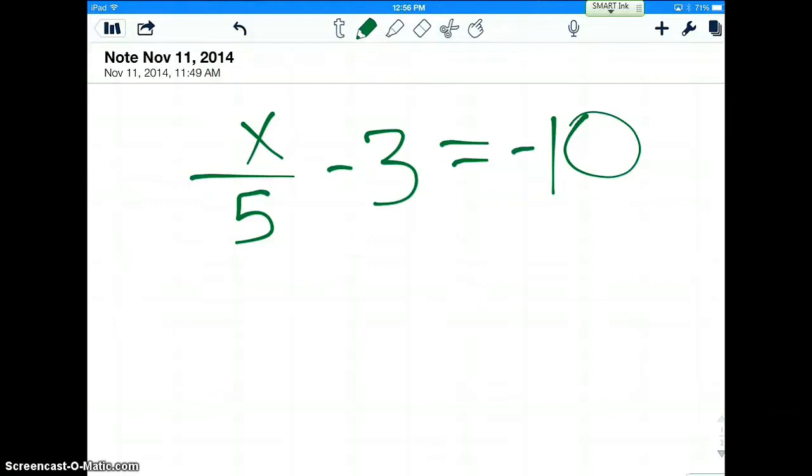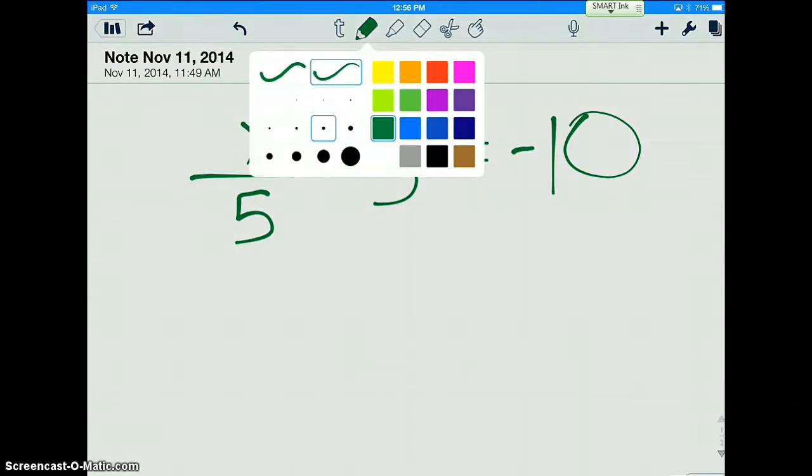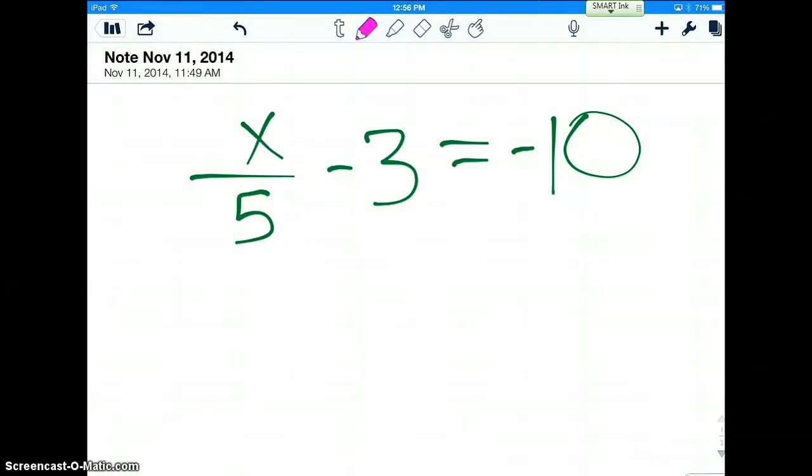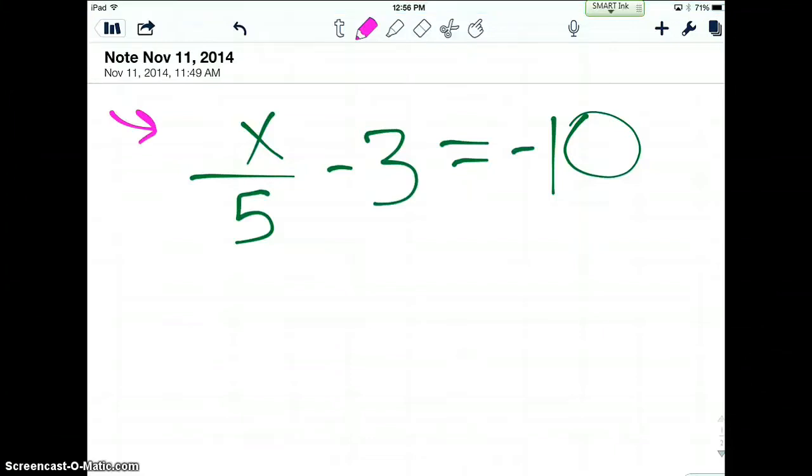Hi everyone. So today we are going to solve those two-steppers just like we did in class, and you probably freaked out a little bit in class when we had one like this. When we had one like this at the end, it was our third example. So I'm going to go through another one like this,